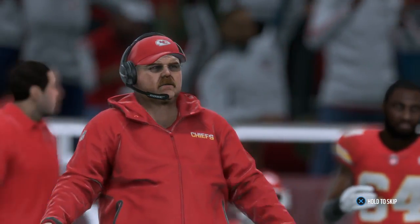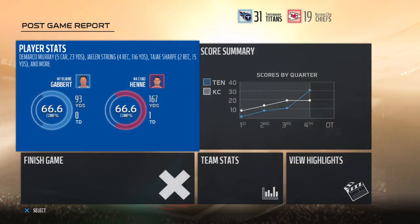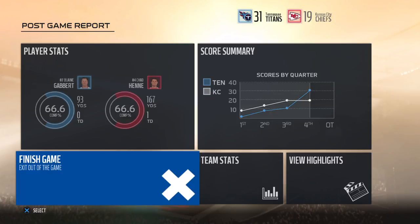Well, Charles, the forecast called for rain throughout the entire game, and we got rain throughout the entire game. But these two teams, they had